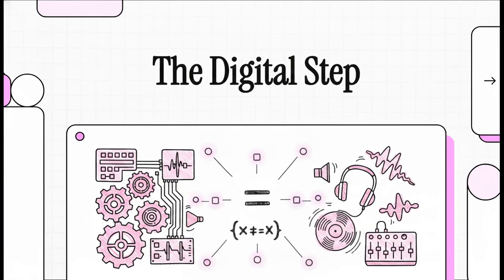Welcome to our latest deep dive. Today, we are going to explore a really fascinating paradox hidden deep within the technology we use every single day. We're going to look at how the digital world ticks in distinct, rigid steps, and how engineers and musicians deal with that reality in radically, beautifully different ways. From heavy industrial machinery to underground dance floors, it all comes down to math.